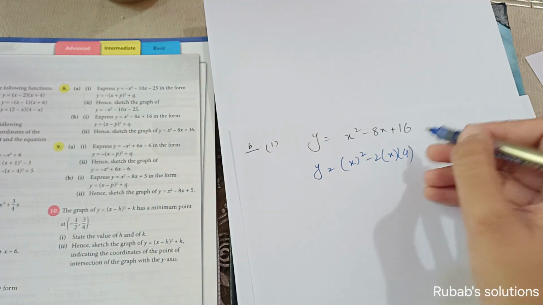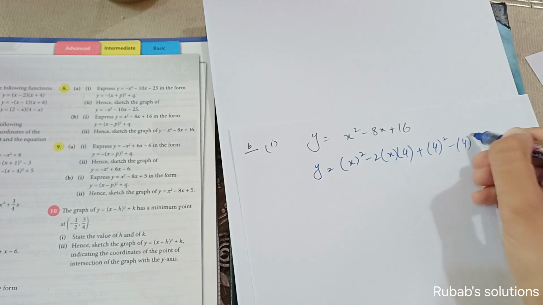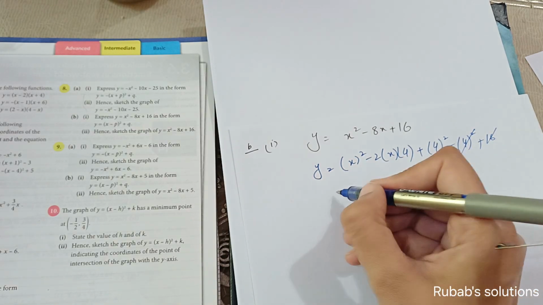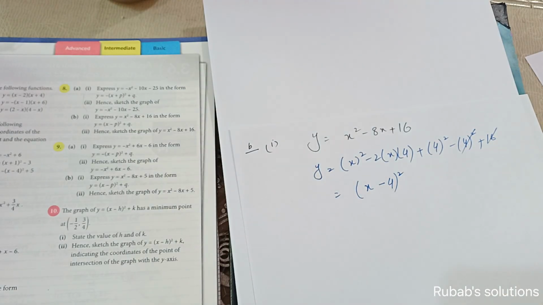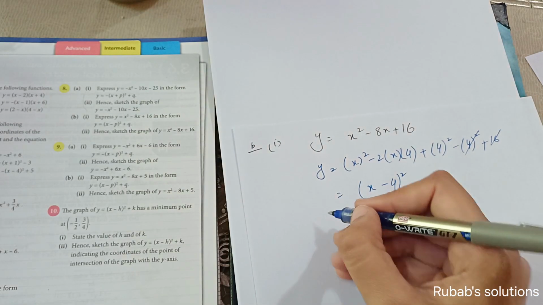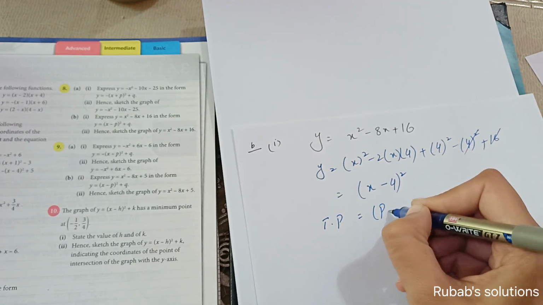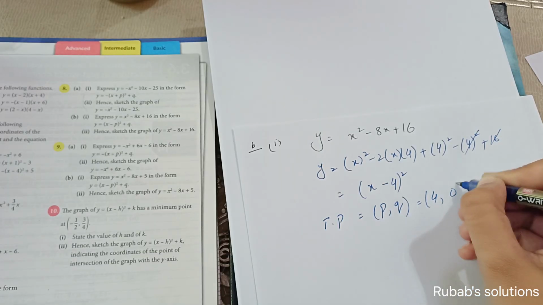This is basically (x - 4) whole square. उसका फार्मूला है 4 स्क्वेयर ऐड करेंगे, 4 स्क्वेयर को सब्ट्रैक्ट करेंगे, -16 और +16, और 4 स्क्वेयर विल कैंसिल, सो ये आपके पास बन जाएगा (x - 4) whole square। यहाँ पे भी हमारे पास q जो है वो 0 होगा। टर्निंग पॉइंट आपके पास आ जाएंगे p एंड q, सो p आपके पास यहाँ पे बनेगा 4 एंड q आपके पास बनेगा 0।